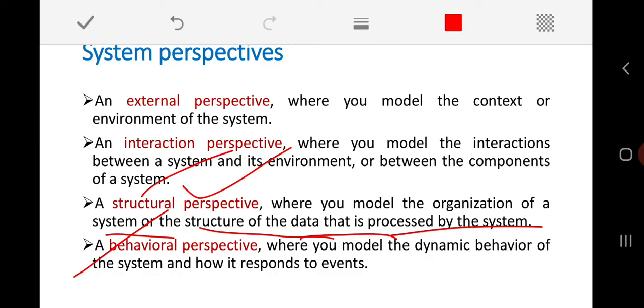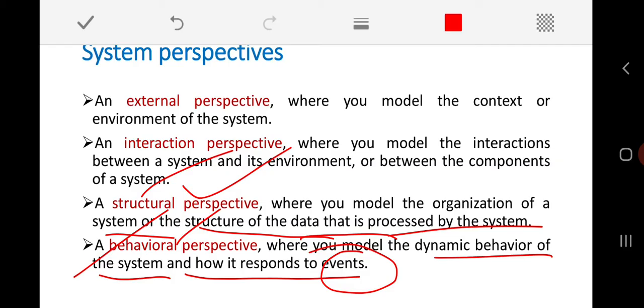In the behavioral perspective, we can model the dynamic behavior of the system, and how it is going to respond to events, inputs or any kind of stimuli. How my system is going to behave, how it is going to change state from one state to another. Whenever any event takes place, that behavior can be exhibited by building such a system model. That is the behavioral perspective.